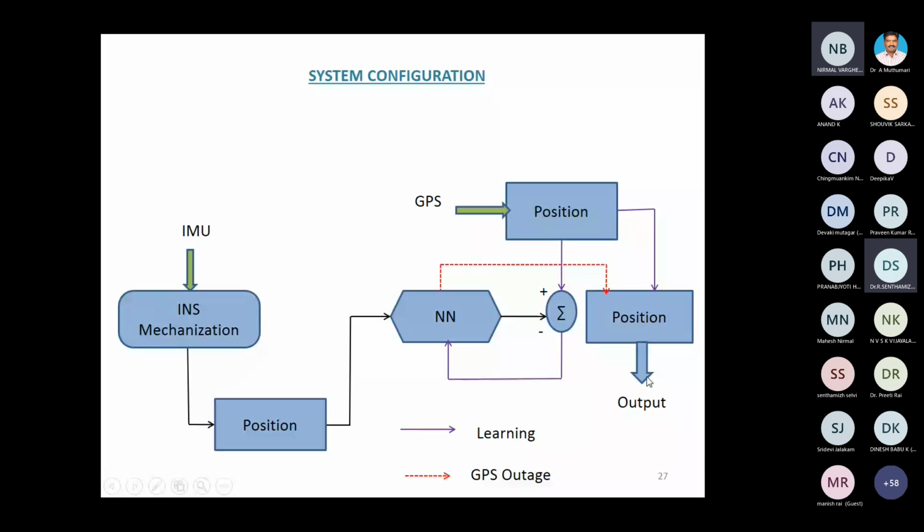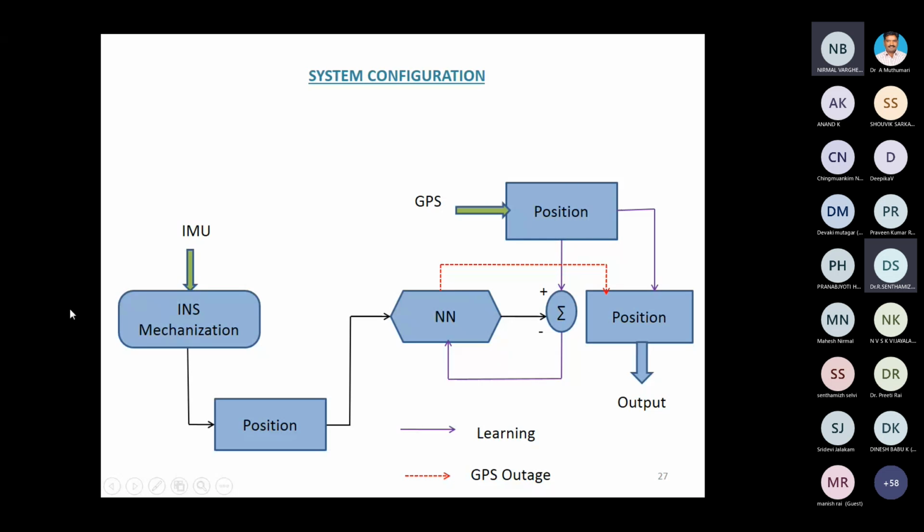Even if the GPS is not present, you will also have output continuously. That is the purpose of the integration of this intelligent navigation system. So even if one system or method goes faulty, the other will come in handy and complement it. Even if there is any fault in the INS, at that time you will take the input signal from your GPS signals, right?